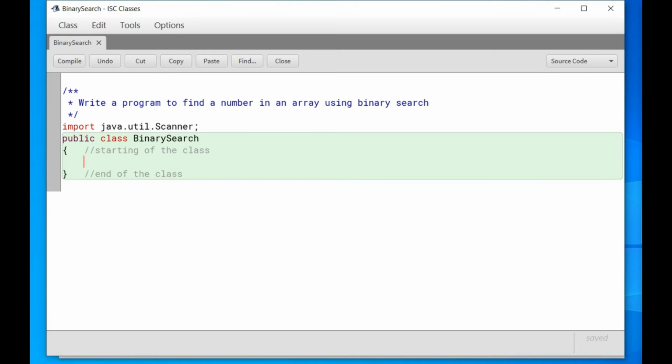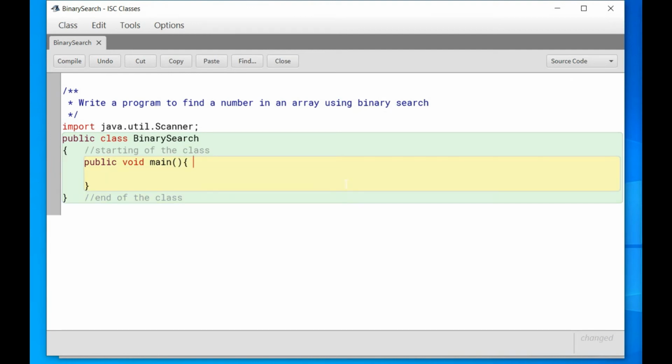So here I have to create my method. My method is public static void main. Now this is the start of the main method, and this is the end of the method. Let's create my program. First you have to initialize or create an array,